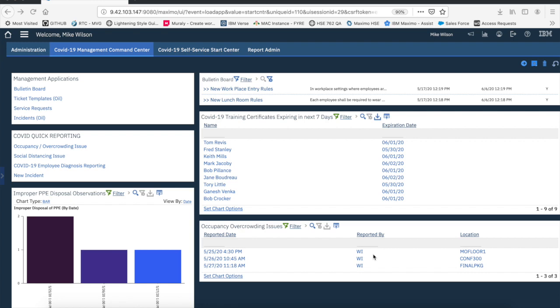So a separate presentation that happened in the past, I think a couple weeks ago, was the IBM Worker Insights presentation, which is all about wearables and fixed sensors within an environment and being able to capture the data coming off of those sensors. So in this case, I might have sensors set up on my conference rooms,